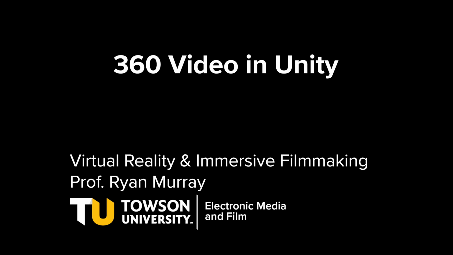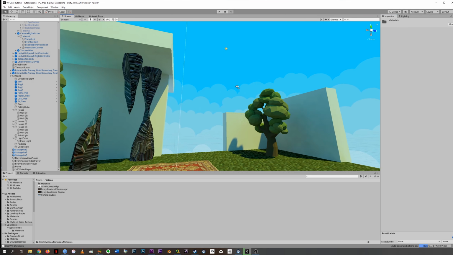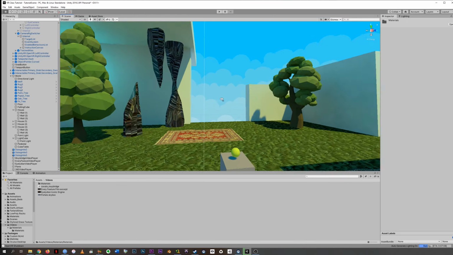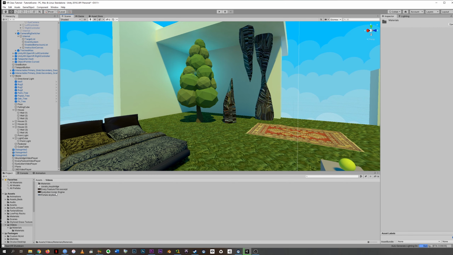If you happen to have access to any 360 VR video, you can use it as a skybox through much the same process, but there's one extra step. So I've thrown a couple of 360 videos into my project as a test. We're going to start with this Portals Skybox video, and